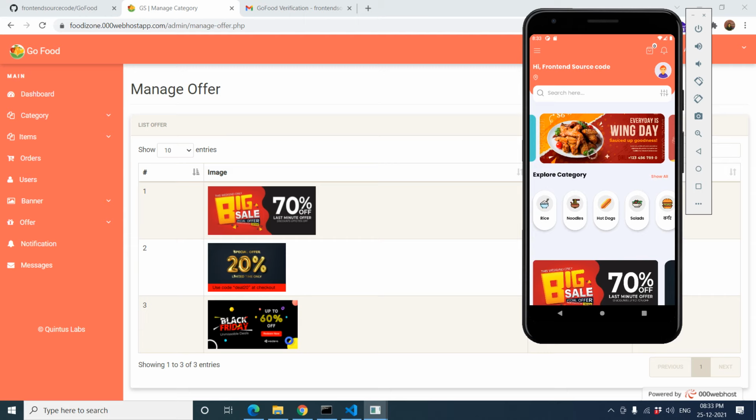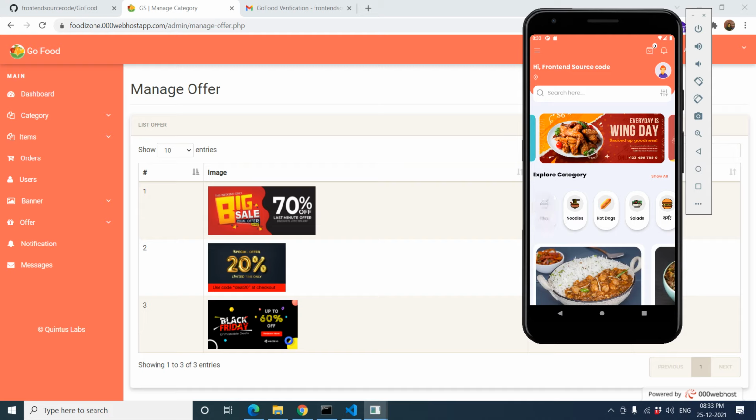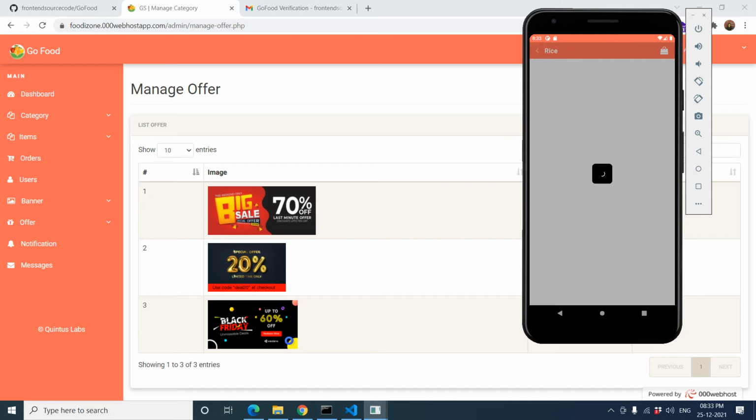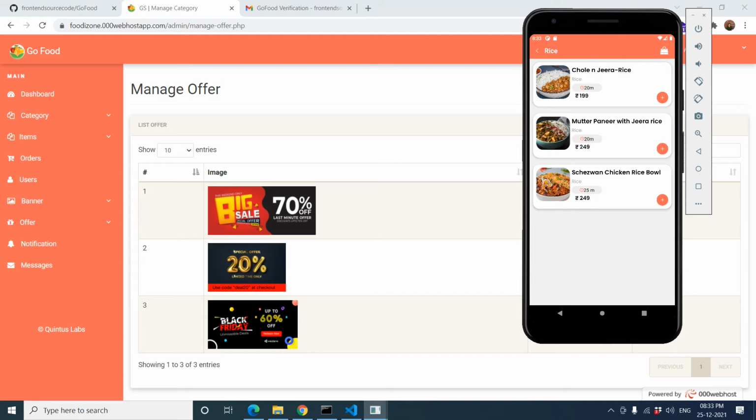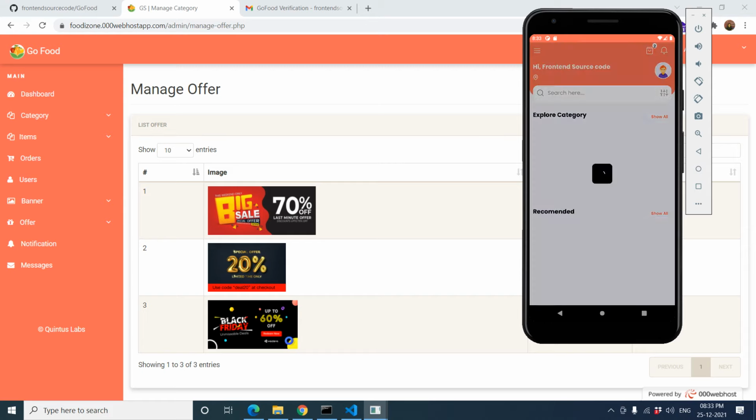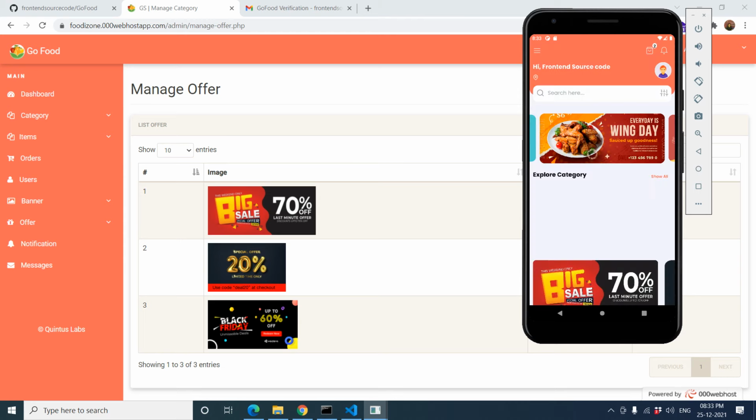Suppose I am going to add some rice item, I can go directly and add your product. Okay, you can see, this data is updating in your database. So I'm going to add two items. You can see two items in your cart.